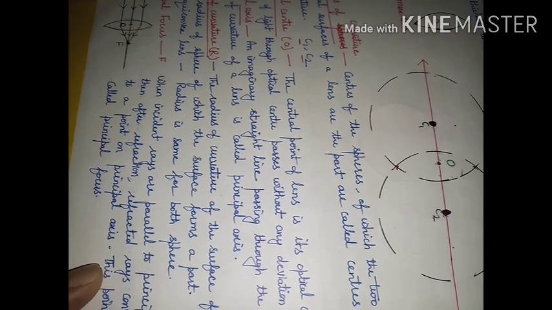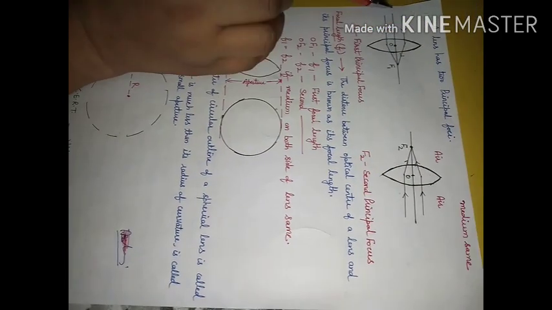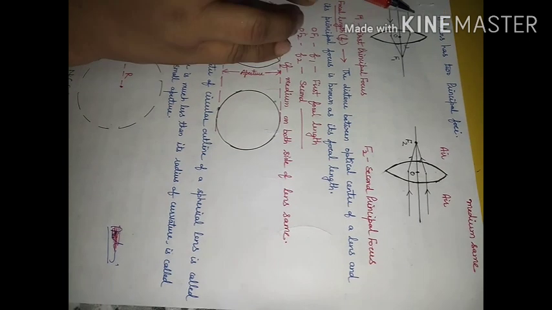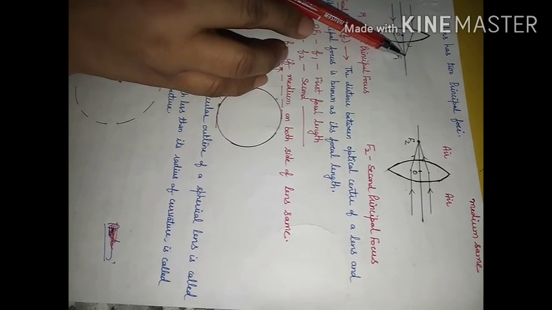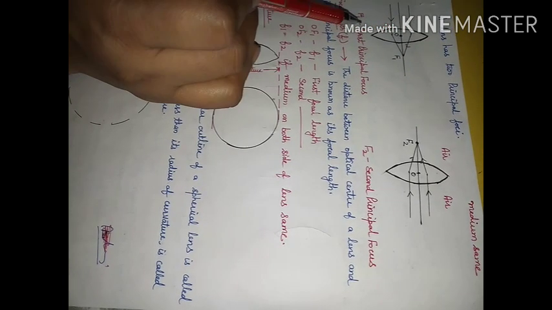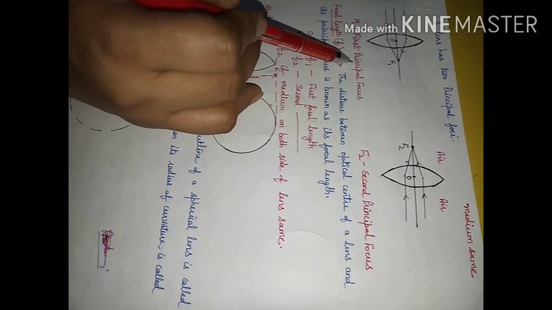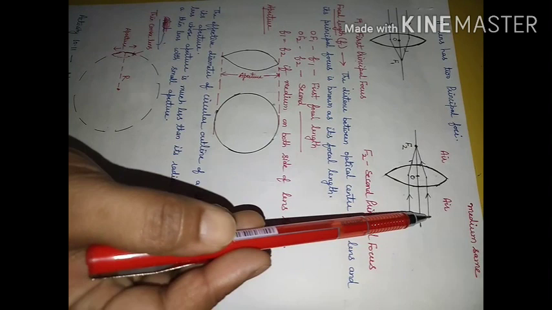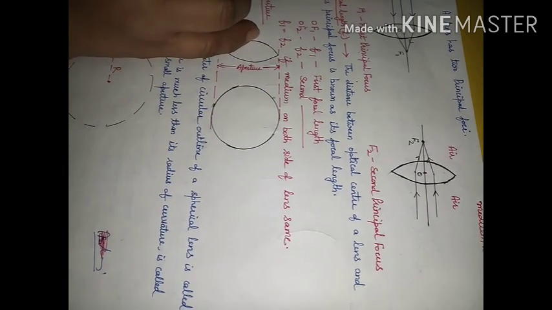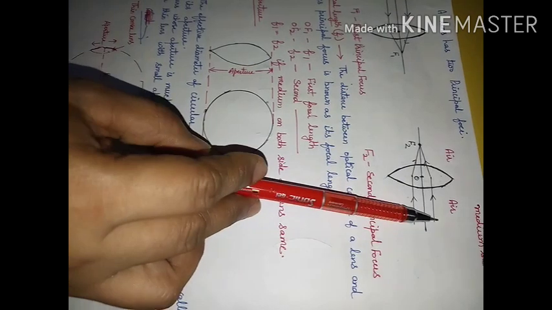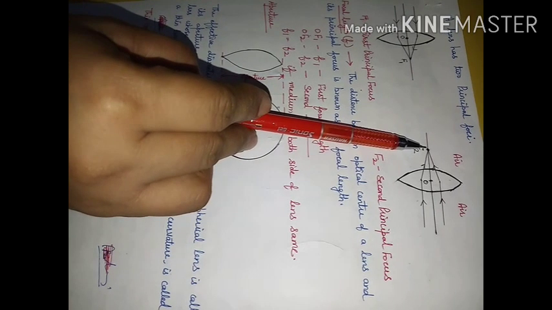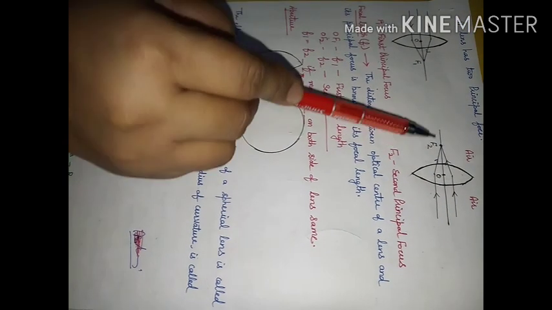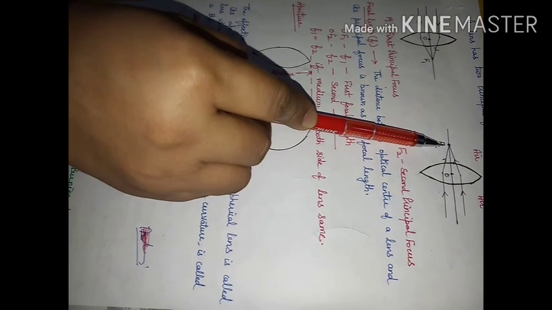Now a convex lens is going to have two foci. If I consider the object is kept here, then their meeting point will be in this direction, because rays of light will pass through the lens and then they will meet at this point. Then this F1 will be known as the first principal focus. If your object, the candle, is placed here, image formation will be on this side. Then this will also be known as a principal focus. This will be the first principal focus and this will be the second principal focus.